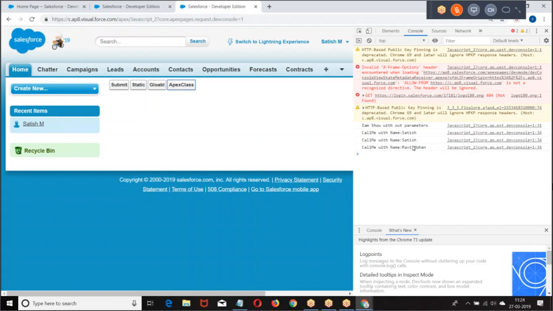So how is the action invoked? How is the JavaScript function invoked? A JavaScript function is invoked when an event occurs on the element. Whenever the event occurs on the element, we are calling a JavaScript function, and the JavaScript is going to perform an action. Are you getting my point? When the event occurs, we are calling a JavaScript function. I hope you are good with this. Clear for everyone?